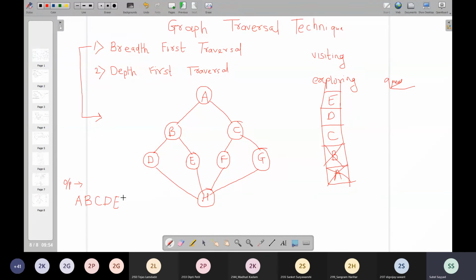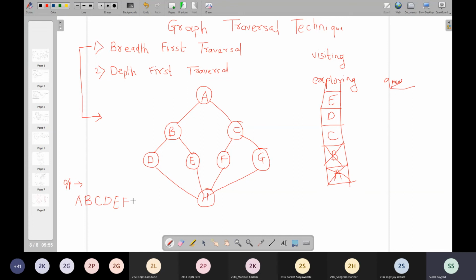So for exploring C, what will we be doing? What are the adjacent vertices of C? A, F and G. Now again here my dear students, you must have stored them in the form of AFG or AGF or FAG or FGA, any possible sequence, or GFA or GAF. So here you may get multiple sequences of answer. Only A will not be repeated, but I can either get FG or GF. If I am getting FG, first F will come here and exploring of F will be done first, later on G. That is very important. How I write the visiting sequence totally depends on how I have stored the data in my adjacency list. Are you getting this?